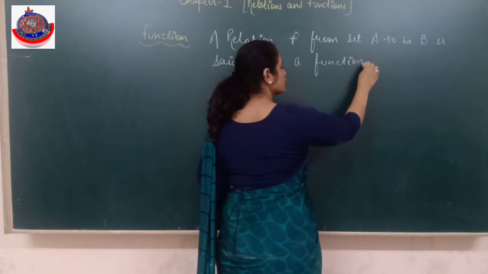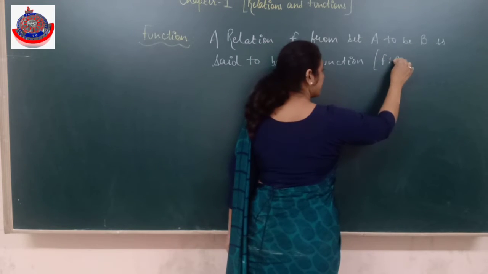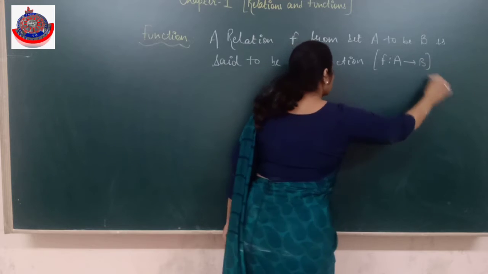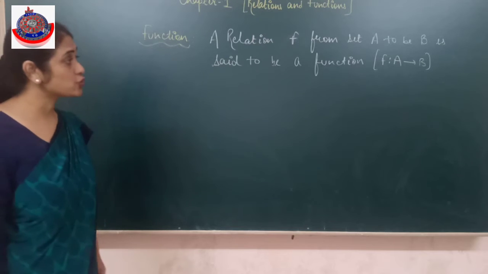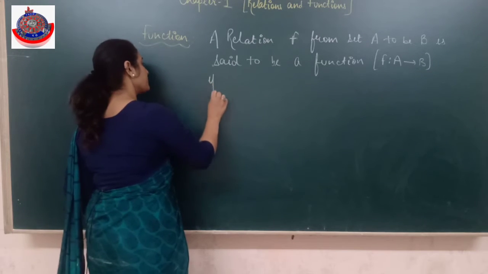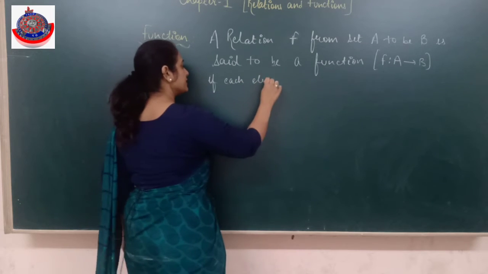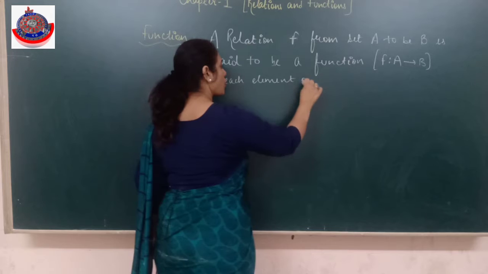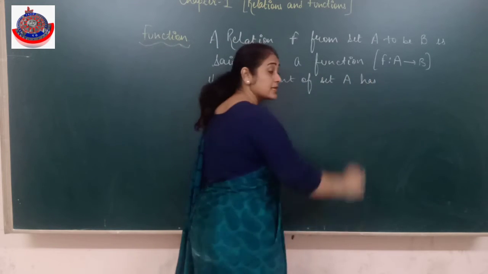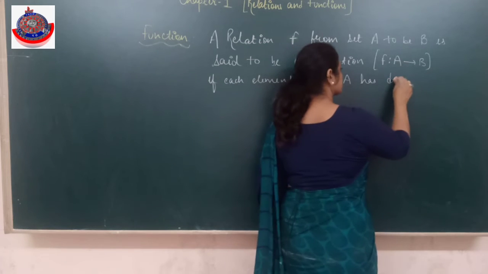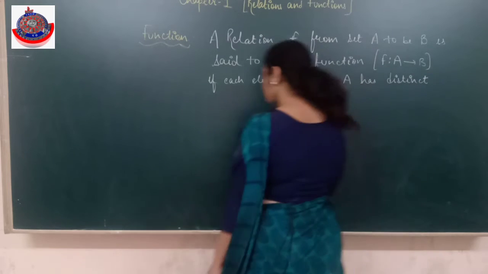When I say set A to B, that means f is a mapping from A to B. A relation f from set A to B is said to be a function if every, or you say each, element of set A has a distinct image